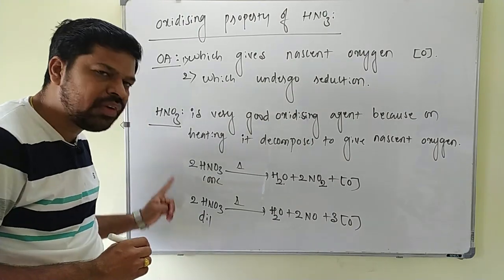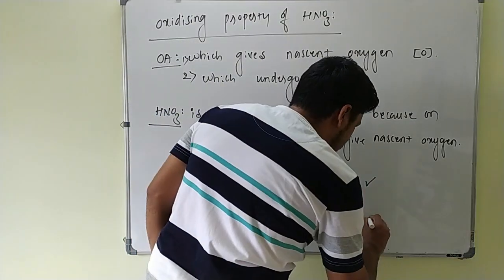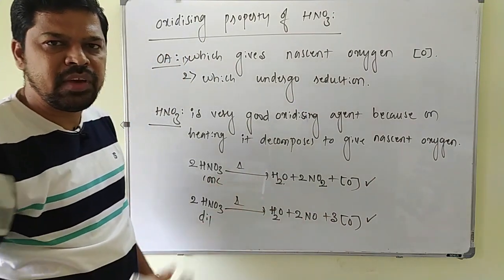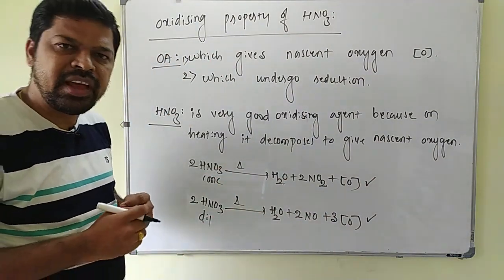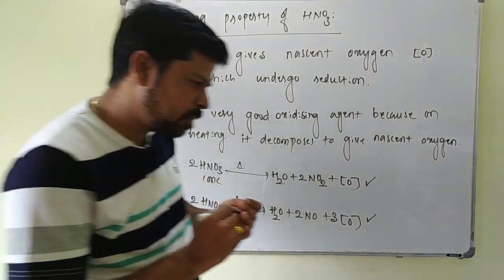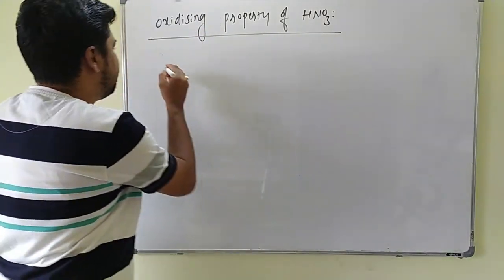These two reactions are very, very important. You have to keep them in mind, because with the help of these basic reactions only we are going to write the oxidizing property of HNO3. Now we will see here, now this HNO3